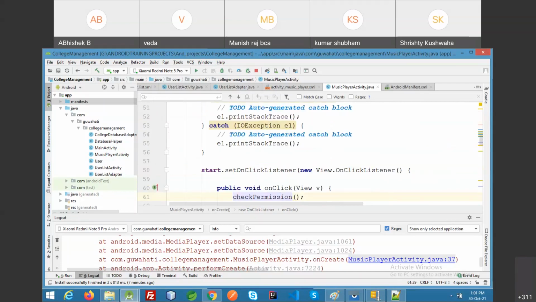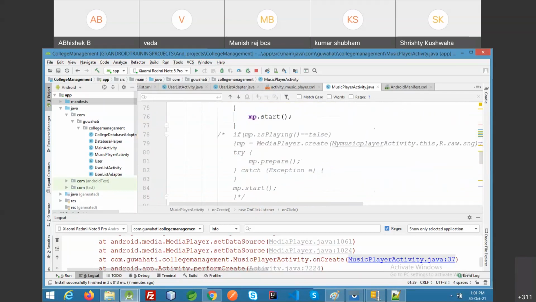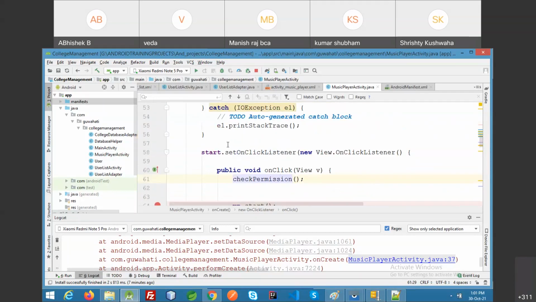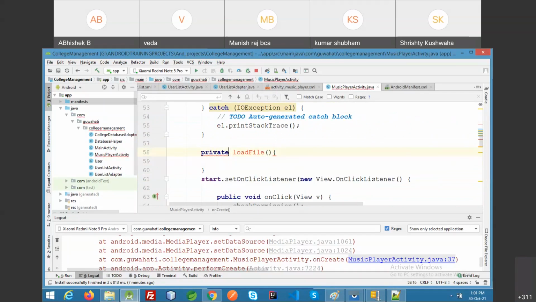Permission is there. Then on the permission, private load file. Load file and play.